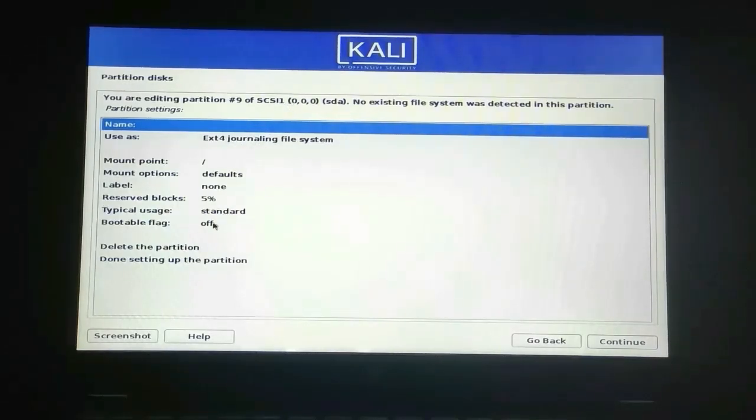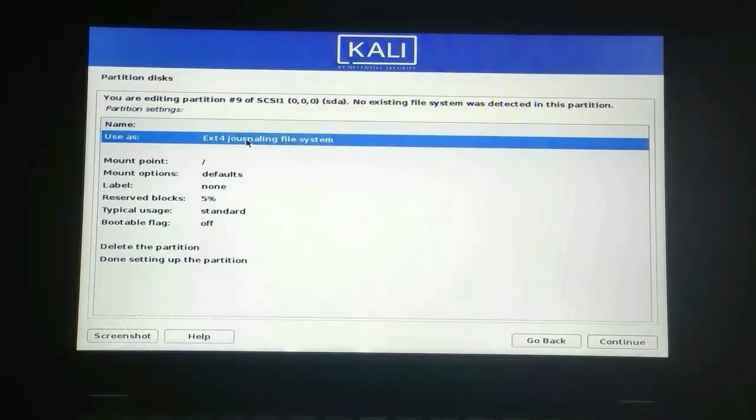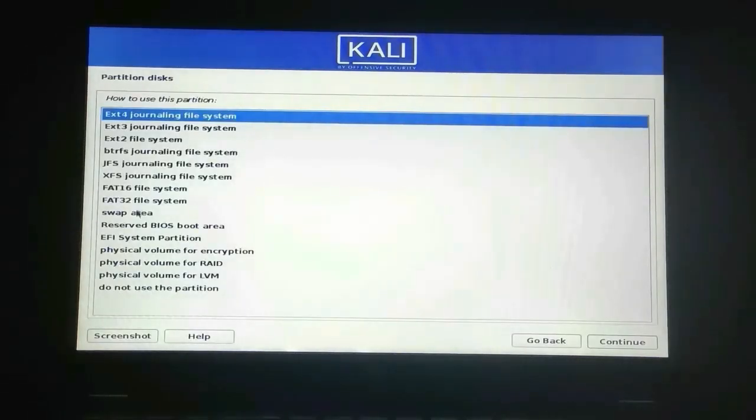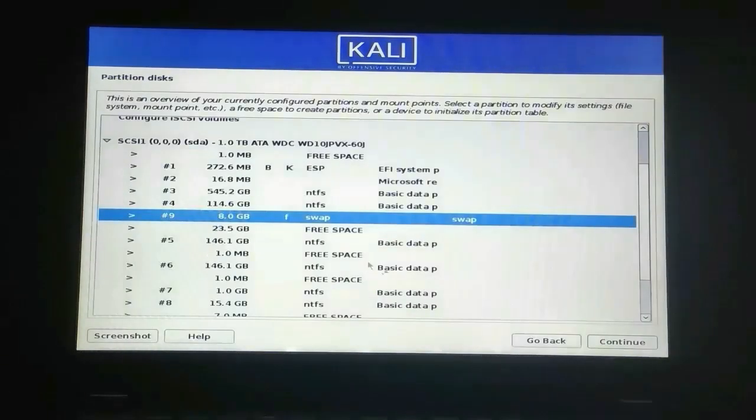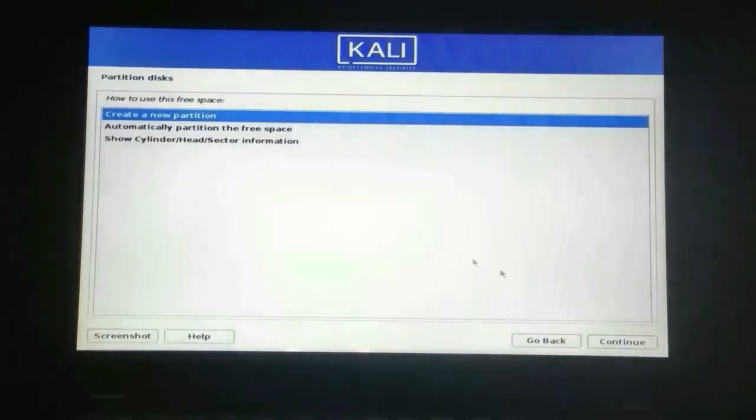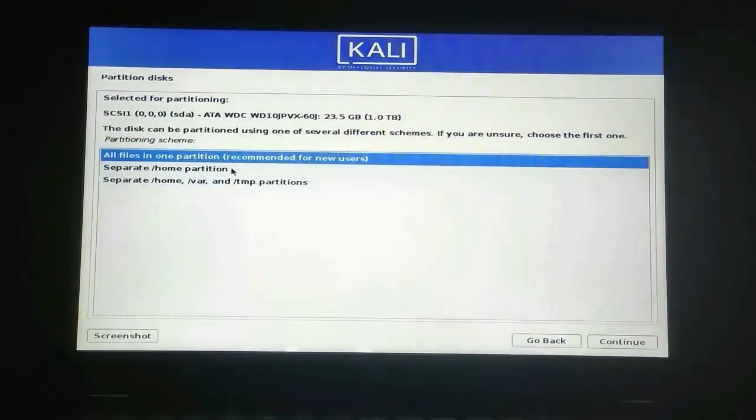Now the partition we have created, we are going to use it as a swap area. 8 GB of swap area is created. Remaining 23 GB or whatever, we are now automatically partitioning this system.